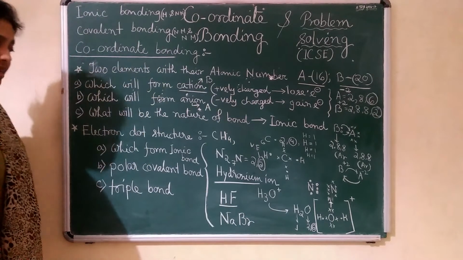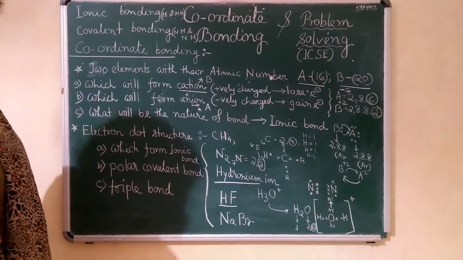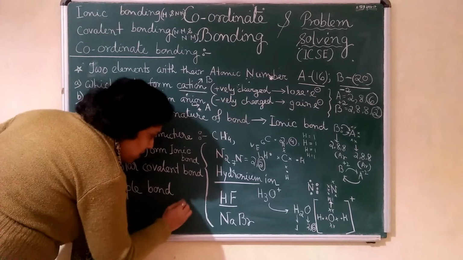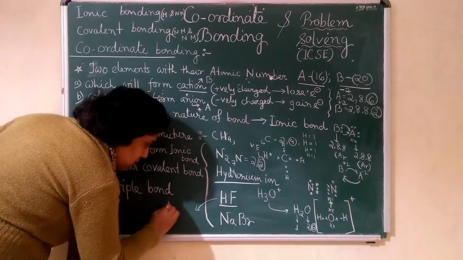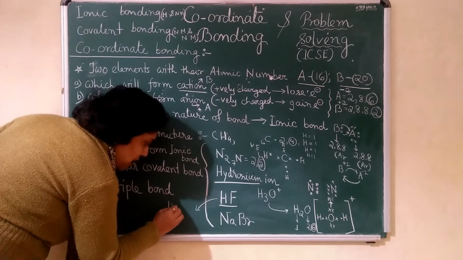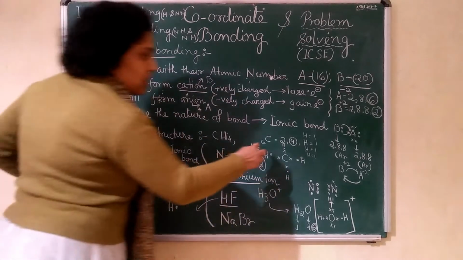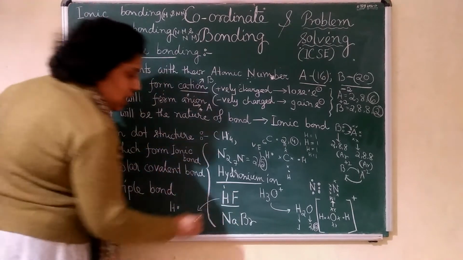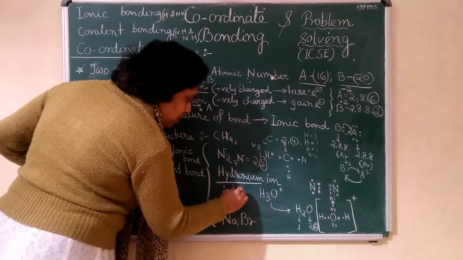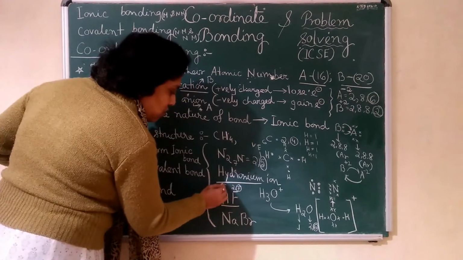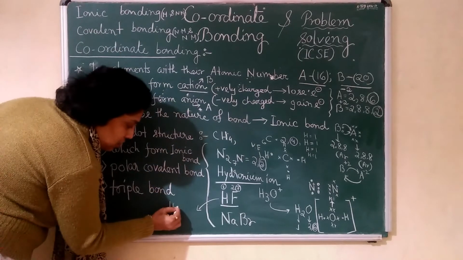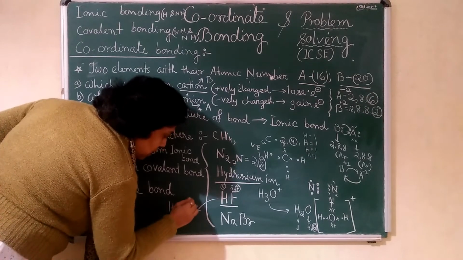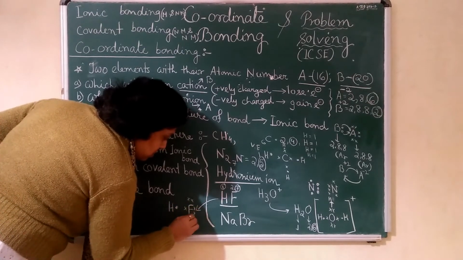How will you draw this? H and F. F is fluorine. Fluorine is which group? 17 group. So hydrogen, I am writing here hydrogen electron is, now I am not writing the electronic configuration. You will write in the same way. Okay. Hydrogen electron is 1, configuration is 1 and fluorine is 2, 7. So 7 is the valence electron, 1 is the valence electron. So 1 electron you have drawn. Then fluorine. Fluorine is 7 electron. 1, 2, 3, 4, 5, 6, 7.